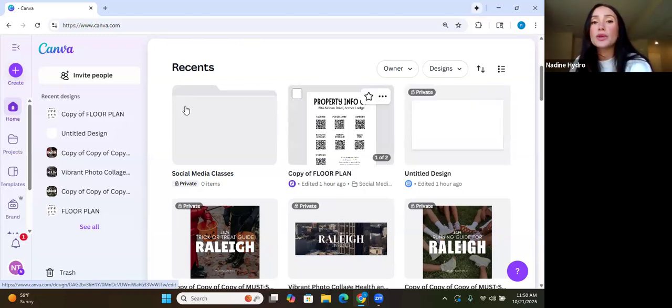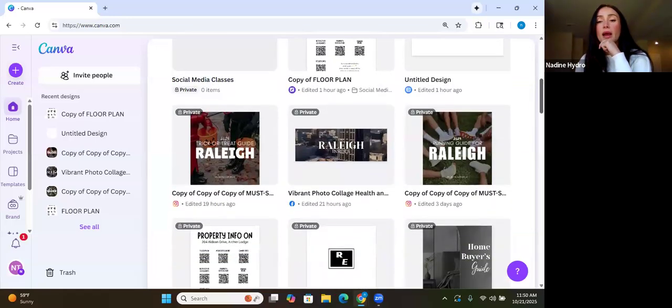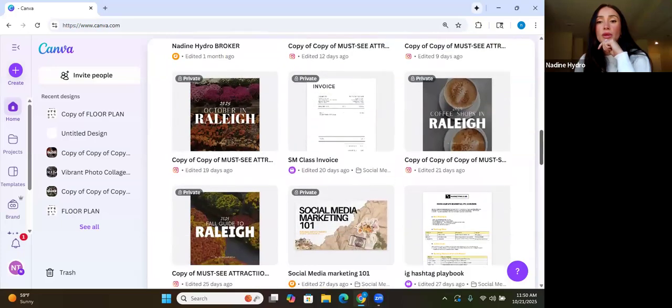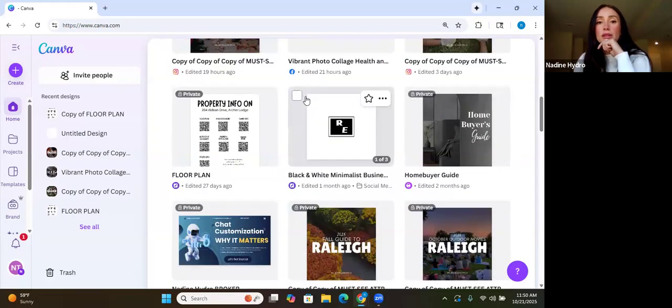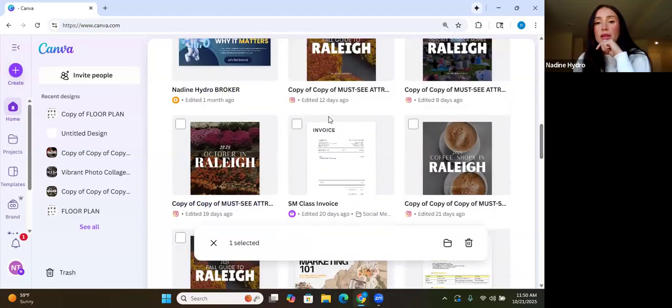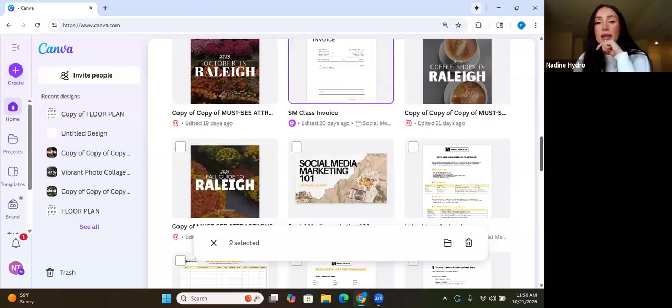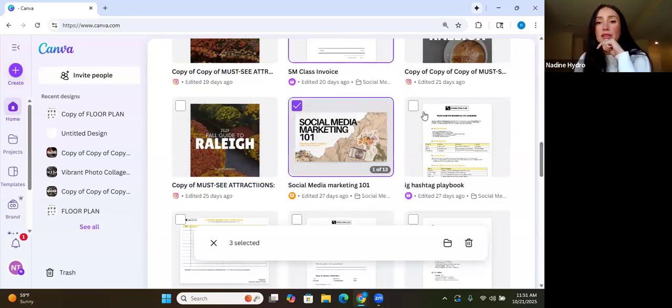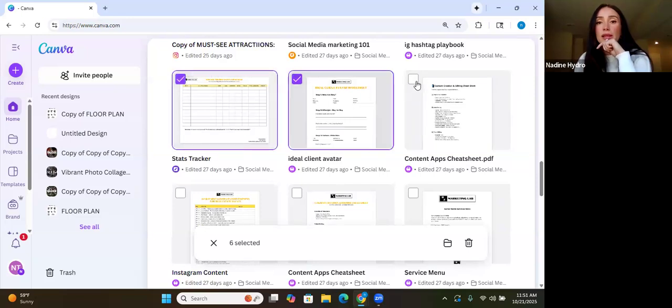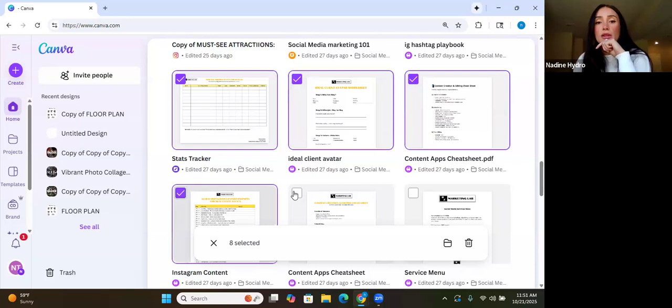me an option with a little box. Now, I'm not touching it. I'm just simply moving it without clicking it. I'm going to go down to, this is my social media logo for marketing. This is the invoice I sent out. This is the presentation for the class. This is the worksheet. Well, these are the worksheets that I've created as handouts. So I'm clicking all of these,